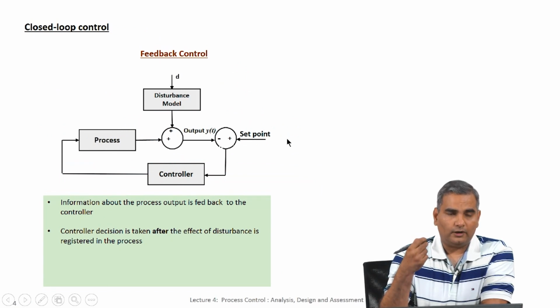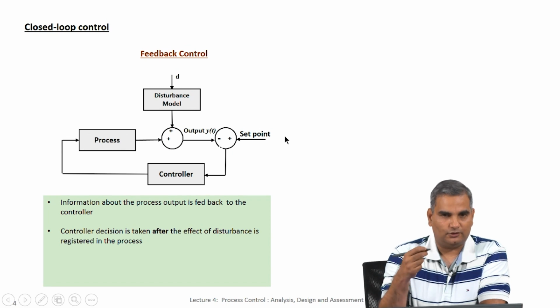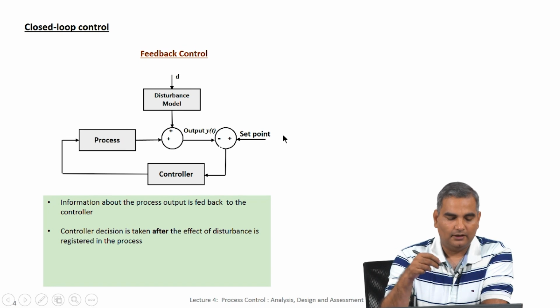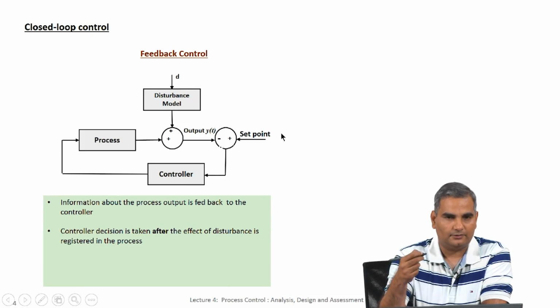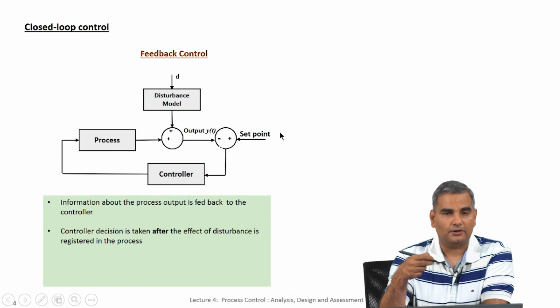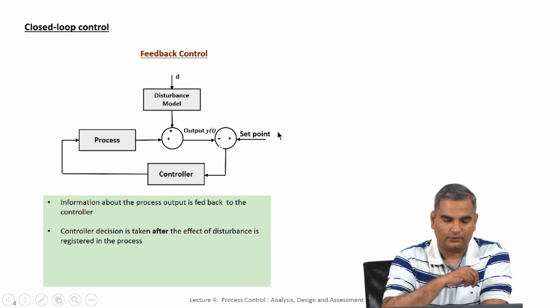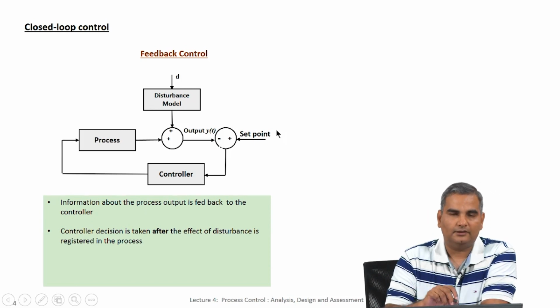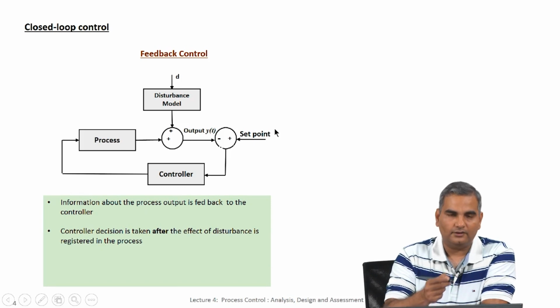To overcome the problem of cases where the disturbances are not measured, so that you cannot really know what the disturbance is that is affecting the process, and cases where you have mismatch between the model and the actual process, which is going to be the case most of the time, we still want to be able to control such that our control variable goes to the set point. So, how do we do this is an interesting question. Here is where the notion of feedback control comes in. This concept is the most important concept in all of this course. So, what is this feedback?